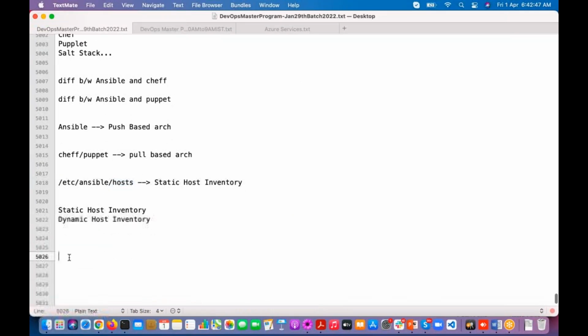Suppose I want to install Java software, I create install-java.yaml. The extension should be YAML or YML; either one is fine.